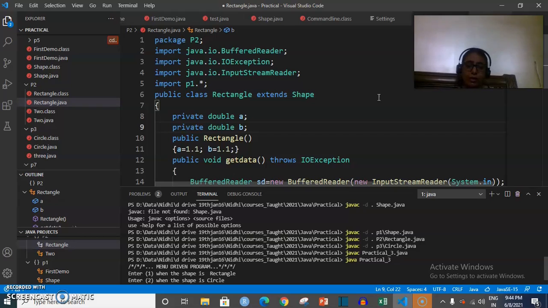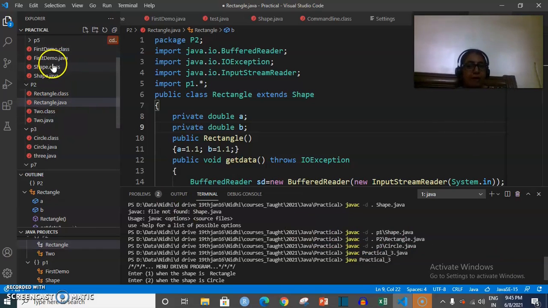Explicitly it is in no package. That means it's in default package of the Java. That is known by the name of practical_3 by Java. Now, if in any case you are not able to execute that in your Visual Studio Code and it is generating problem, you can do step-by-step compilation and execution on the command prompt itself. Now, I'm just showing you one way of doing it.